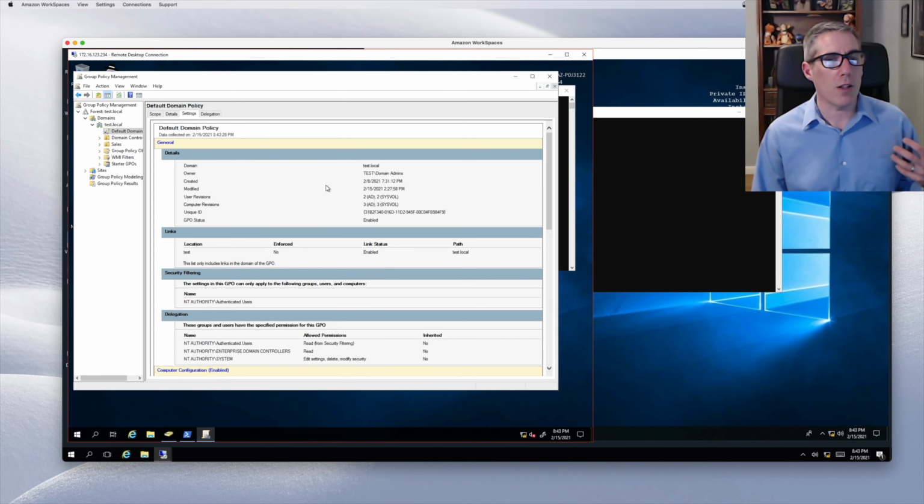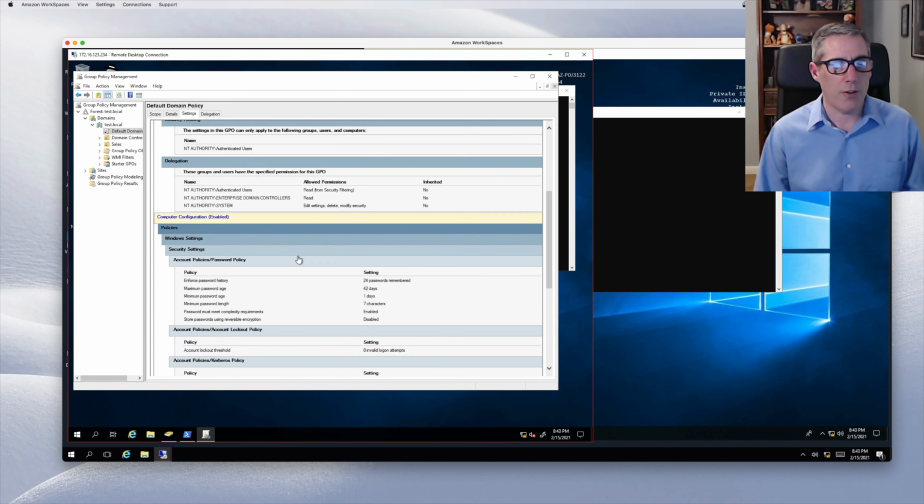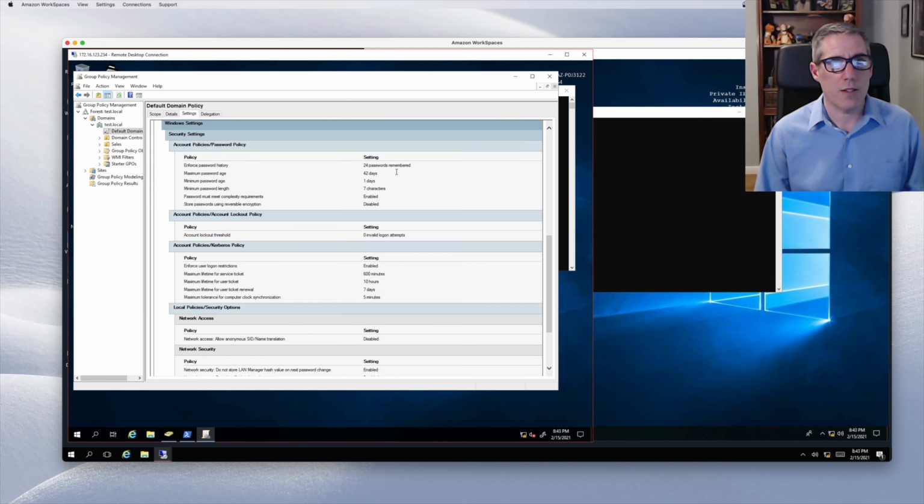this is a list of all of the effective settings in the policy. If we go down, really what we're looking at is 24 passwords remembered, maximum password age is 42 days, minimum password age is 1 day. And these can come into play, especially when you're in a test environment. Minimum password length 7 characters, enable complexity requirements. So I tried a 4-character password and it didn't work. And that was because